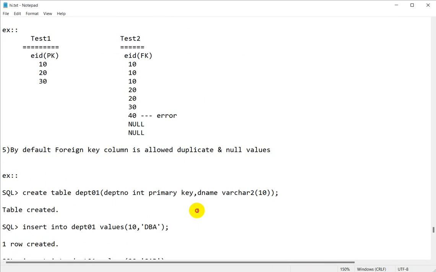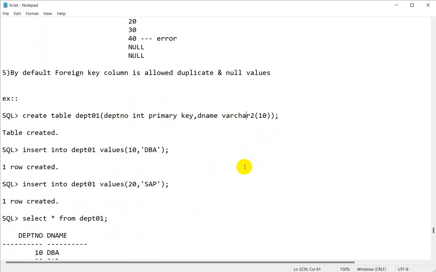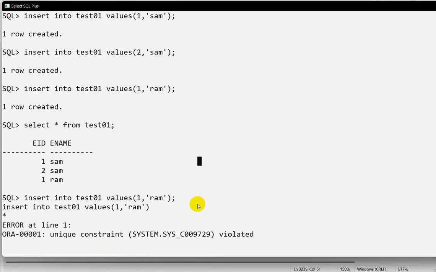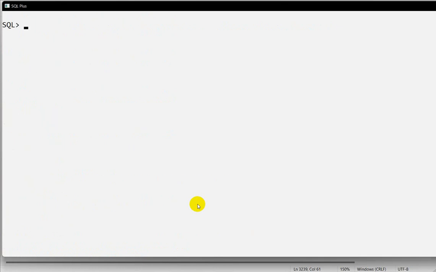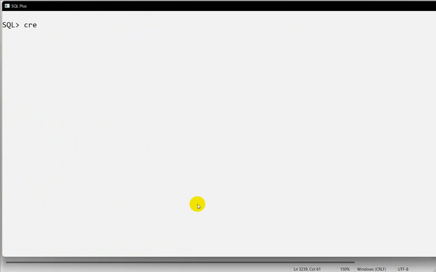So in the foreign key, duplicates and null values are allowed. So let us see the example of the foreign key. So clear the screen. We'll drop the table. First of all, drop table. So we'll create a table, CREATE TABLE